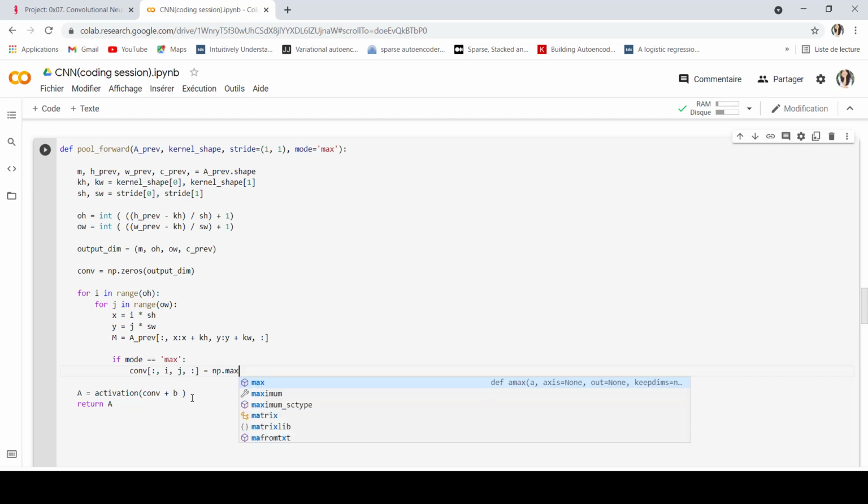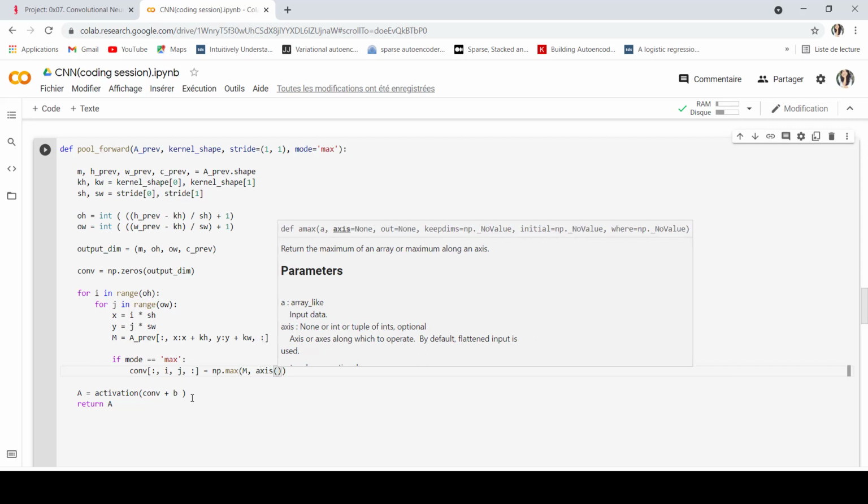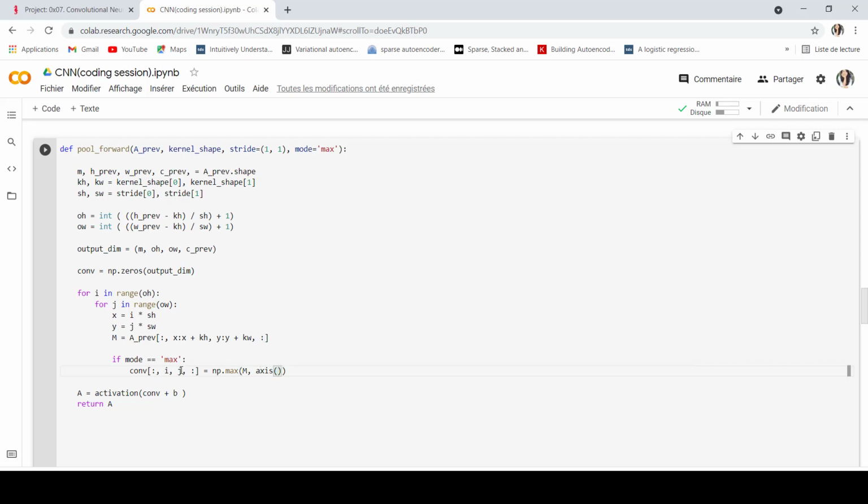We are going to use this function from NumPy, which makes things easier. The axis will be 1 and 2, because we are going to take the maximum over the width and height dimensions.